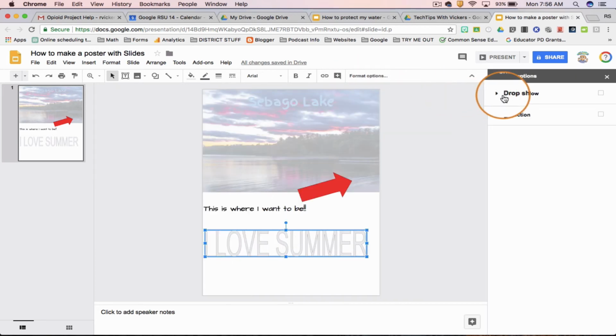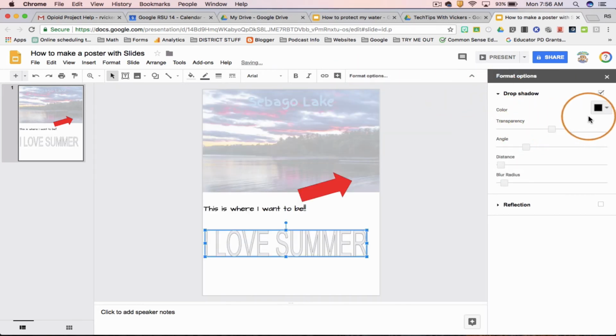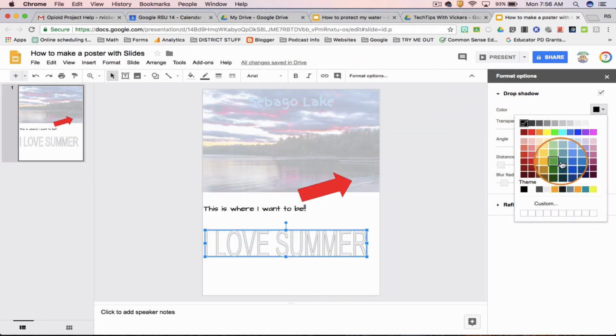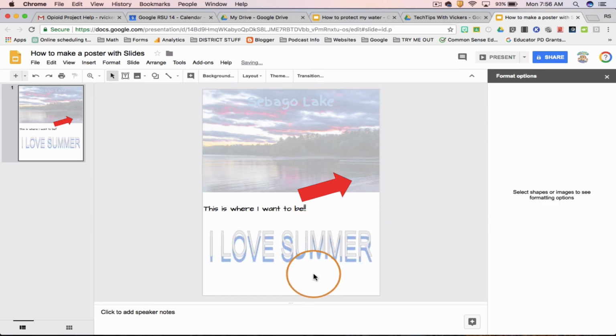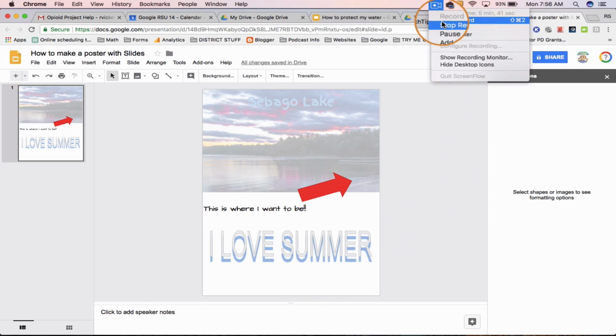Find my format options. Then I can change color. I can change transparency, angle, distance. This is the shadow. Notice that I Love Summer now has a shadow to make it look a little different. All right, so that's a quick overview on how to make a poster with